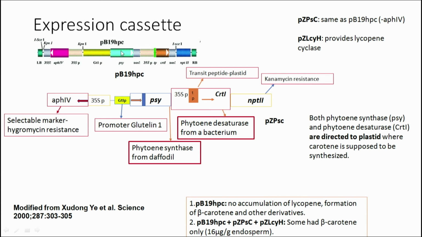So, it is that particular gene PSY, and this is expressed under a promoter which is called the GT1 promoter, and this promoter is very specific to endosperm. So, in other words, only in the endosperm it gets expressed. The PSY gene can now be transcribed only in the endosperm because this is a tissue-specific promoter. Okay. And that is why it needs to be here.